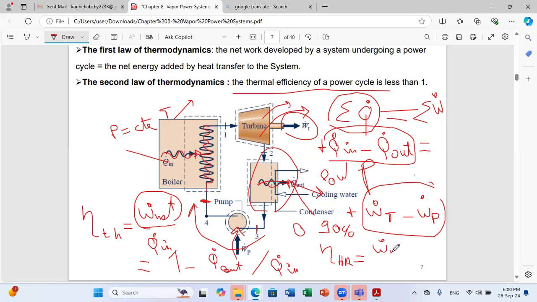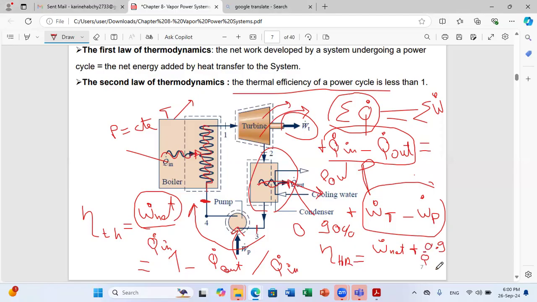So you need to add to W dot net the part that you benefit from as heating, which is, let's say, 0.9 or 90% of Q dot out,